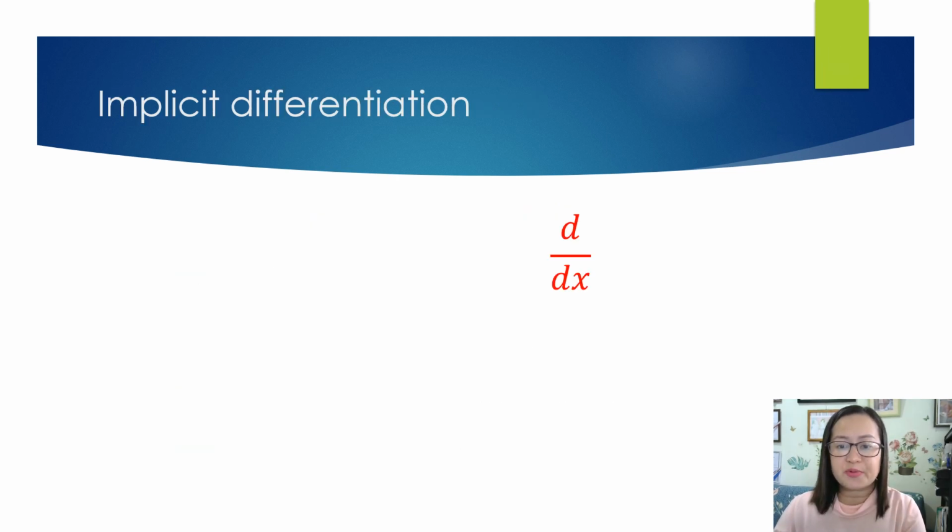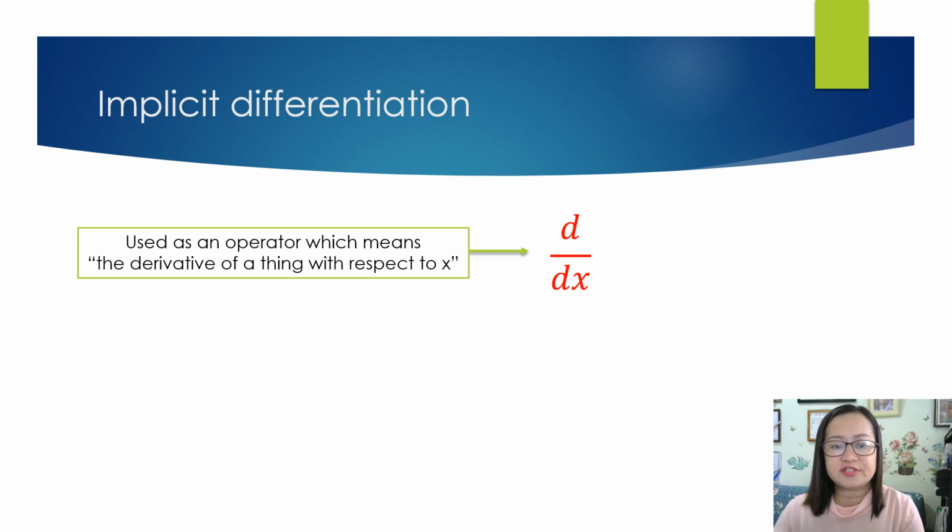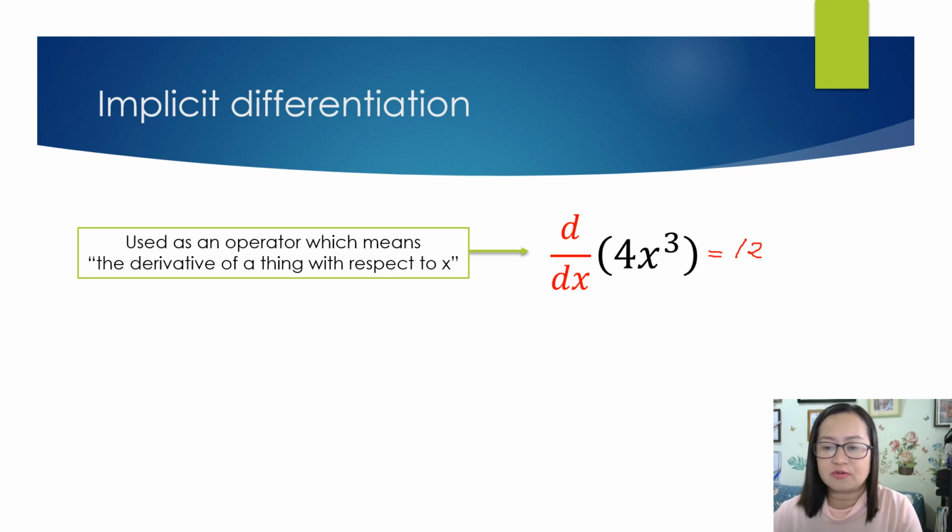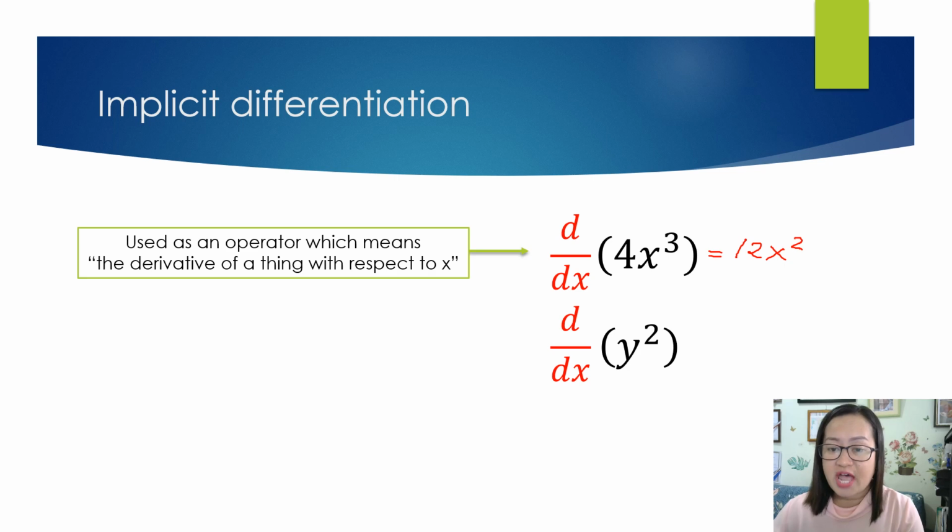Can you still remember this expression? This is an operator, which means the derivative of a thing with respect to x. So if we have an expression 4x cubed after it, this means that we need to get the derivative of 4x cubed with respect to x. Simplifying this is equal to 12x squared. However, if we have the derivative of y squared with respect to x, this is equal to 2y dy